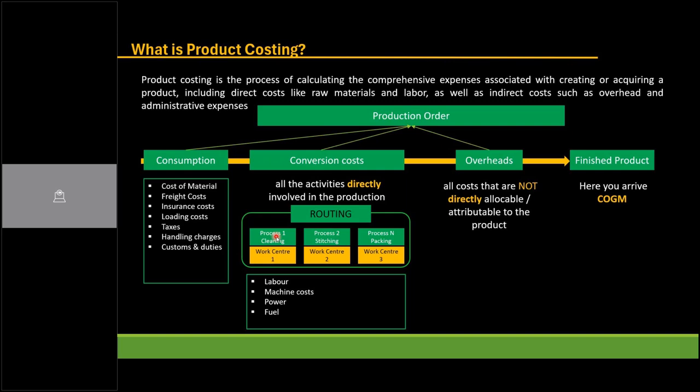All the processes put together is called routing. So the converse of the statement is, routing is all the processes to make the raw material into a desired output. It could be a semi-finished good, it could be a finished good. Routing includes all the operations to be performed to convert your raw materials to your desired output.